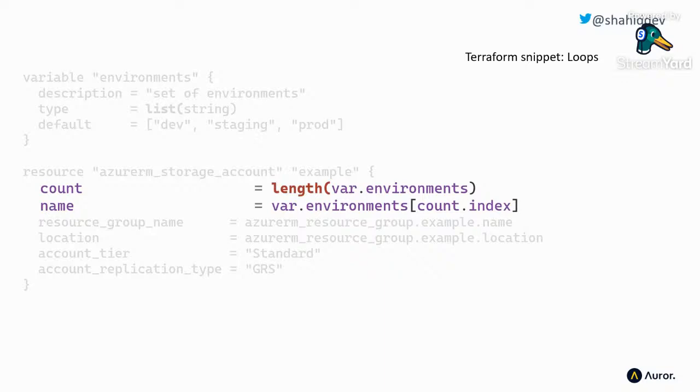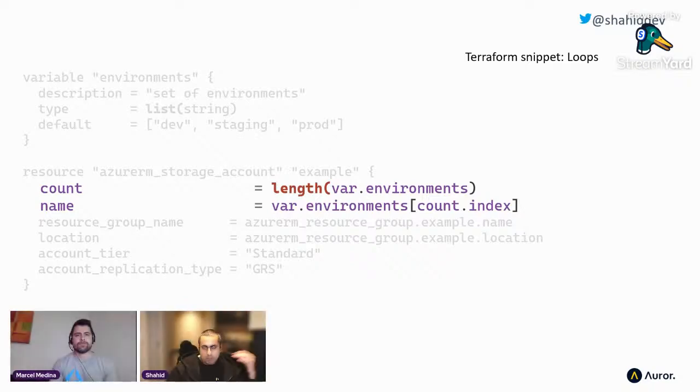Now, imagine you had a more complex situation where you had perhaps 2 or 3 resources that depended on the values from each other, but also needed to be a collection. In normal code, you would probably create some kind of custom config object and have a collection, a list of those objects. You can't do that very easily in these kinds of markup languages.